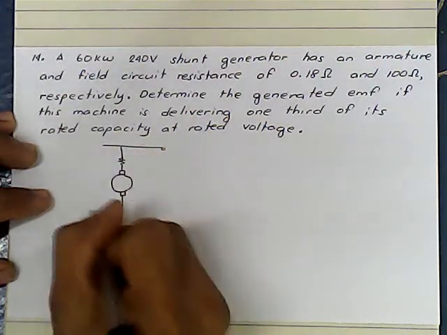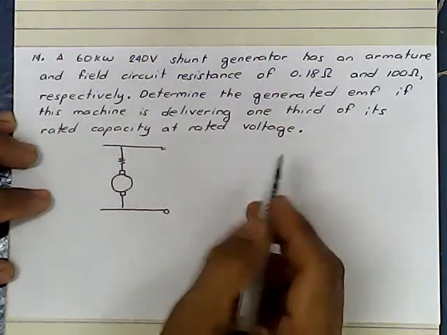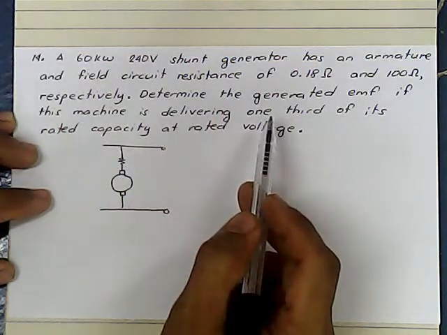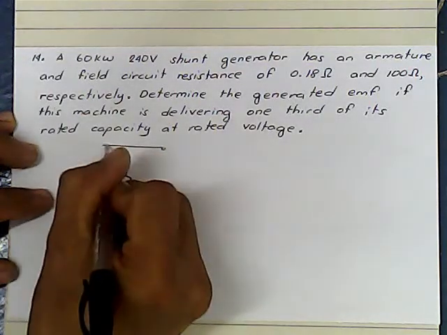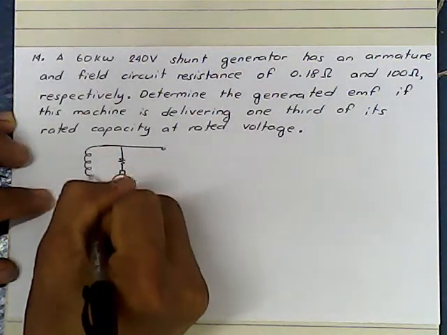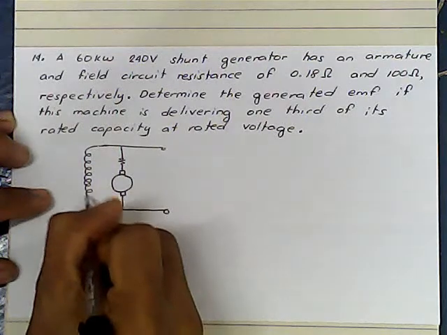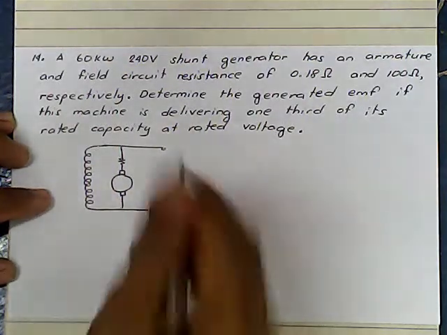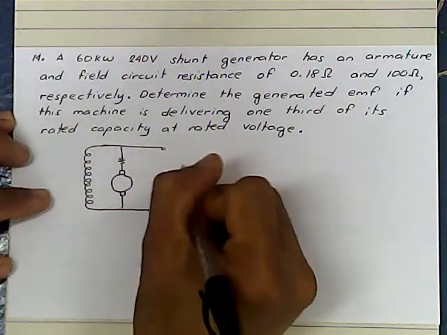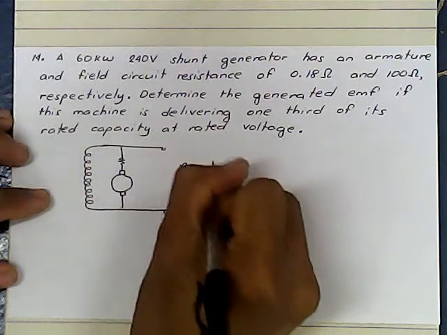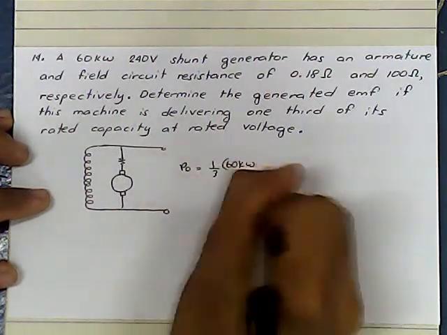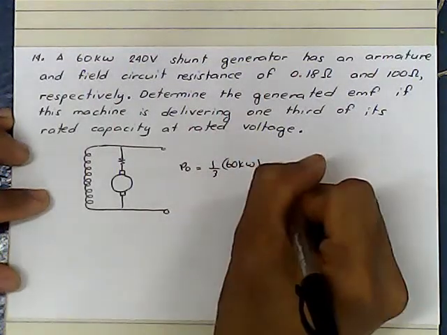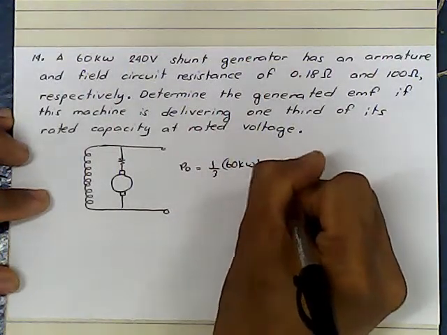Ang sinasabi niya dito sa problem natin, instead of having a full load, meron lang po tayong 1/3 of its capacity. So, mas mababa po pa yan compared doon sa half load, yung sa problem number 13 natin. Okay, dito sa power output natin, so 1/3 lang po ito, 1/3 ng 60 kilowatts. So, this will just give us, okay, 1/3 neto is 20